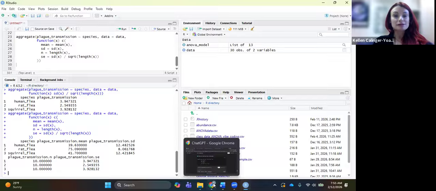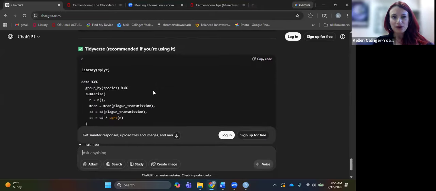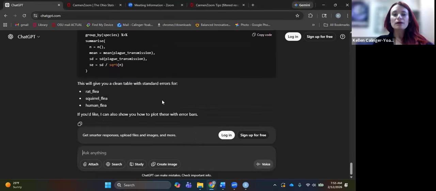So now what we want to do is visualize that data. Okay, actually, let's take a look at what it says. Tidyverse, if you're using it, we haven't talked about installing that yet, but that would also be fine. Okay, we don't have to worry about that just yet. Because now what we want to do is say, all right, I want to visualize my data in a bar graph. Just like everything before, what we have to assume is that the chatbot doesn't know what we want to do, and R doesn't know what we want to do. So we have to